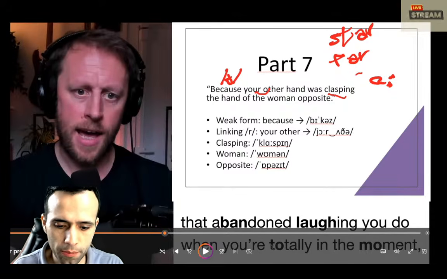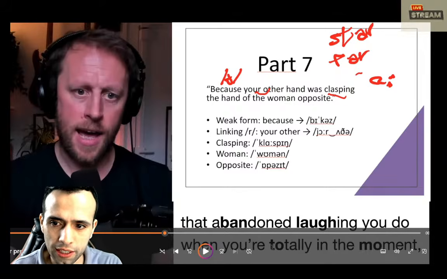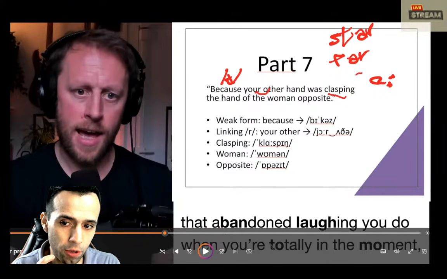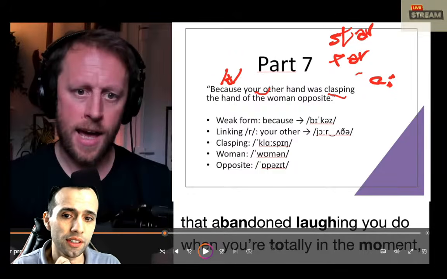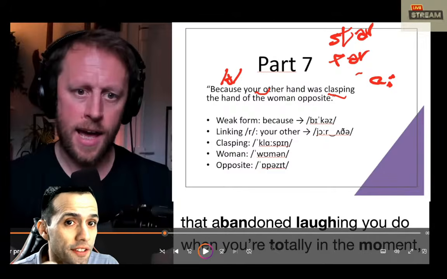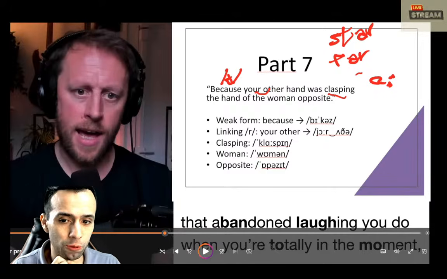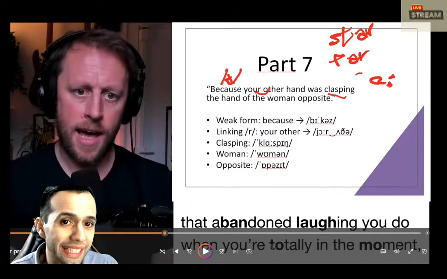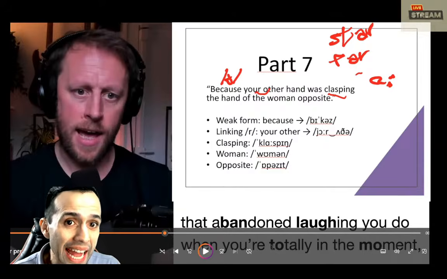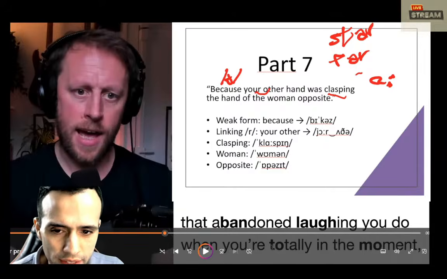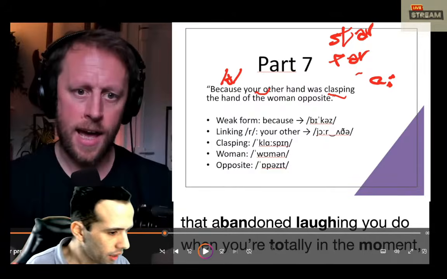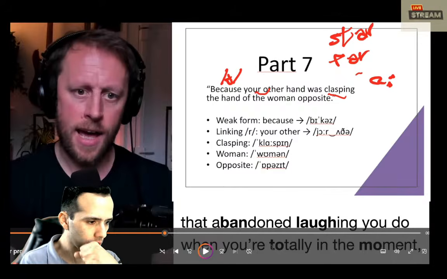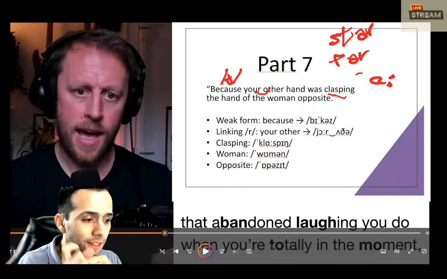And what about the verb "clasping", which comes from "clasp"? "Clasp", with this long R sound in British English in the UK. And what about in the US? "Clasp." All right, it's different. So anyway, we've got "clasping",